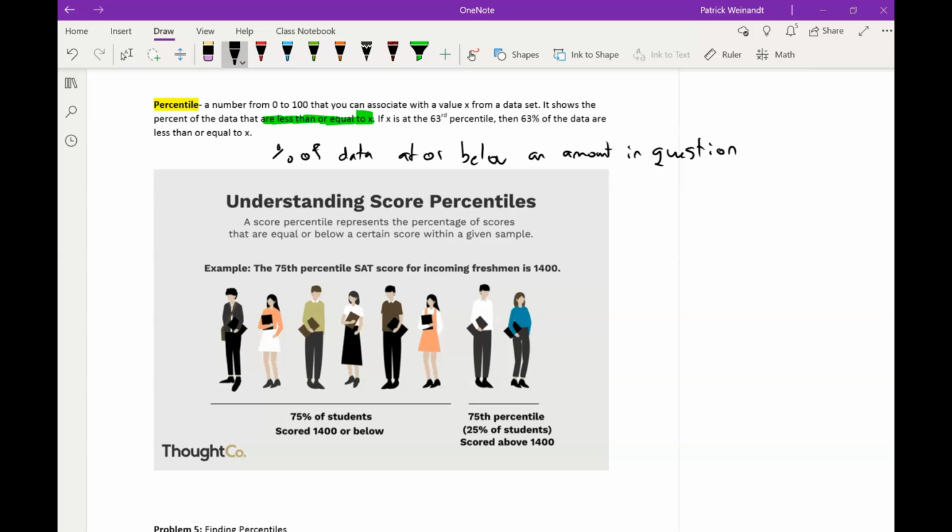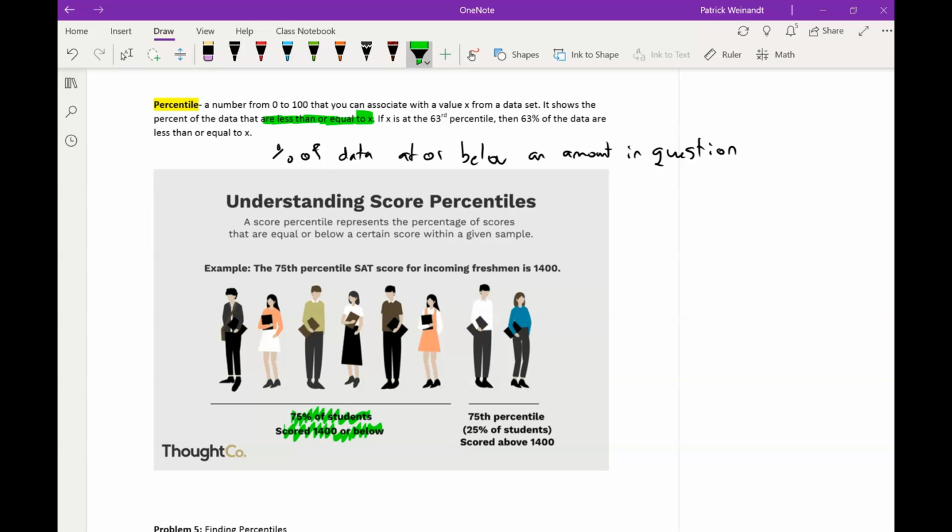So the 75th percentile for incoming freshmen is 1400. That's the score. So if you get a score of 1400, you're in the 75th percentile. Okay, now you want to be careful here. This is where students get confused. They go, oh, 75% of the students scored 1400 or below. That means they're in the 75th percentile. Okay, these students that scored 1400 or below,